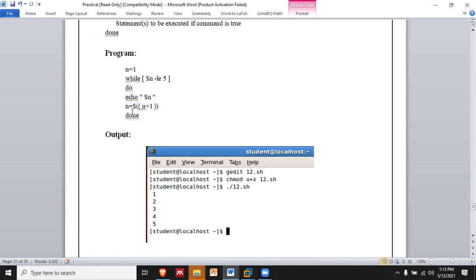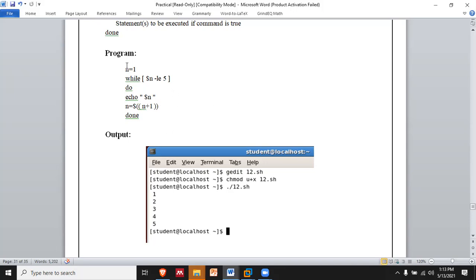You can see over here, we are printing that value, so there will be an increment in the value of n. It is just like i++, or n = n + 1. When that value reaches 5 and the condition is false, the loop terminates.